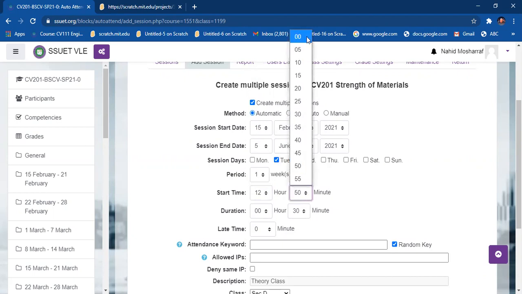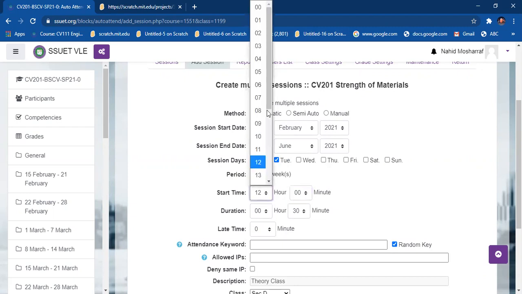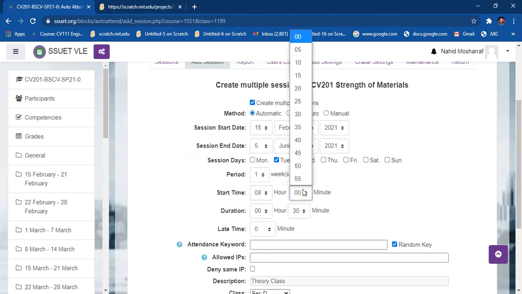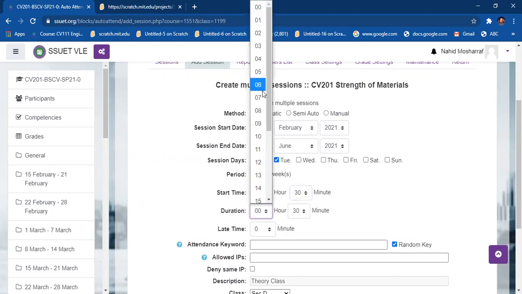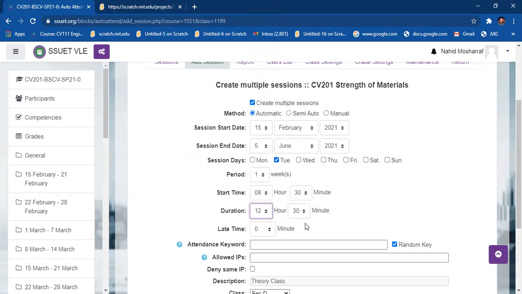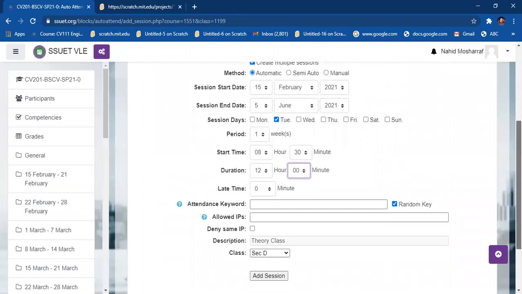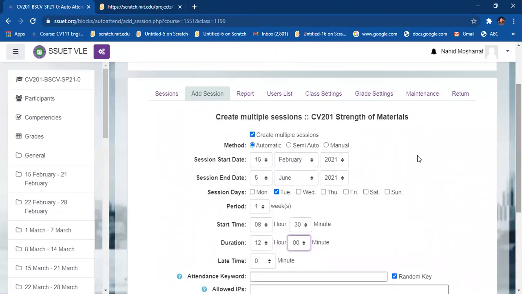So students will have the time to mark their attendance. So I am writing the start time is 8:30 and the duration will be 12 hours, and this is 00, and there is no marking of late, and this multiple sessions I'm going to create and the attendance will be automatic.